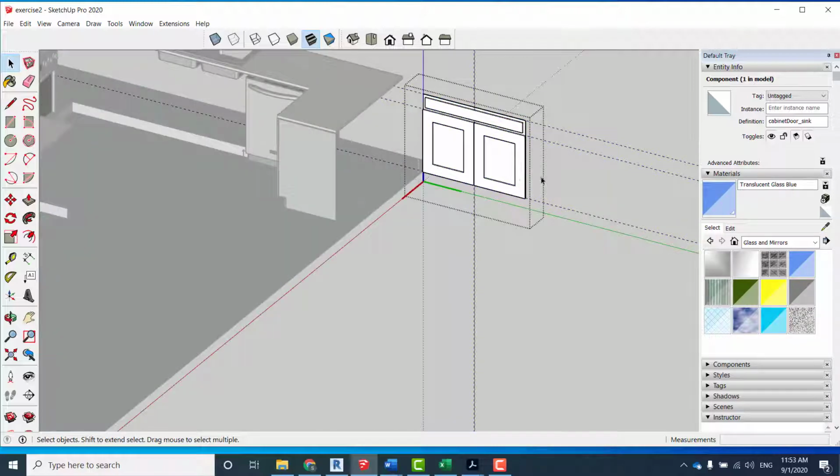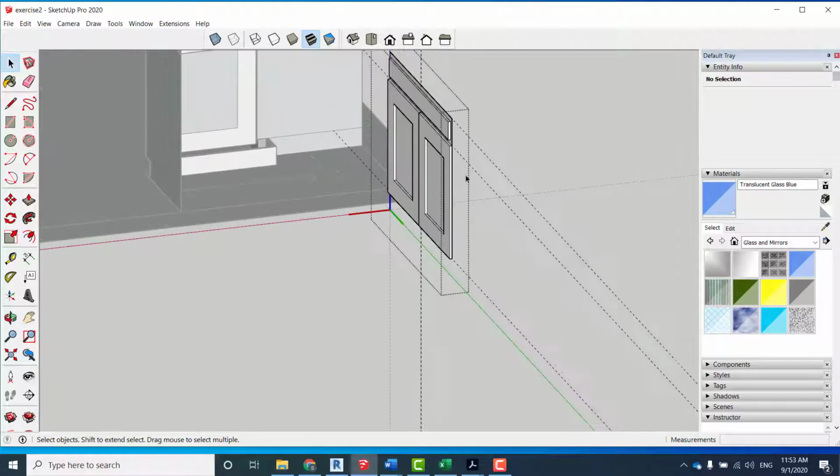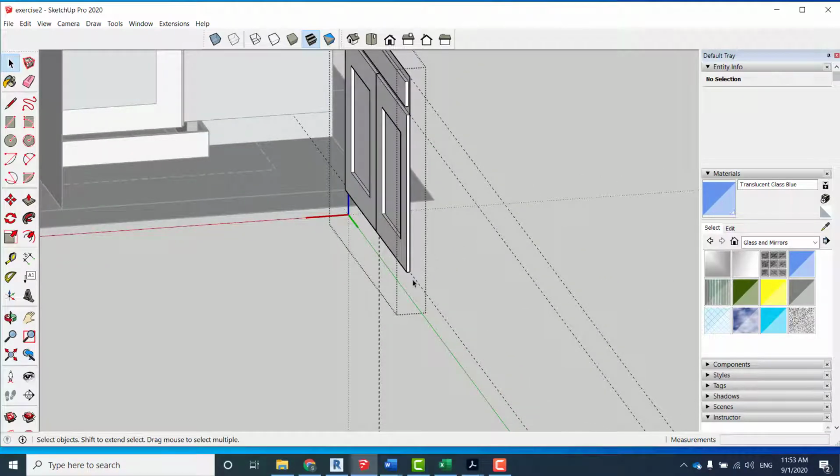Okay, so double click that one, and the dimension will be, so it goes this way, and let me draw the line. So it is 2 feet deep, but because we have the board over there with the thickness of 0.5 inch, we will include that. So 1 foot